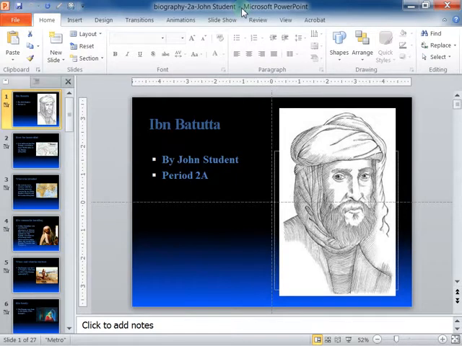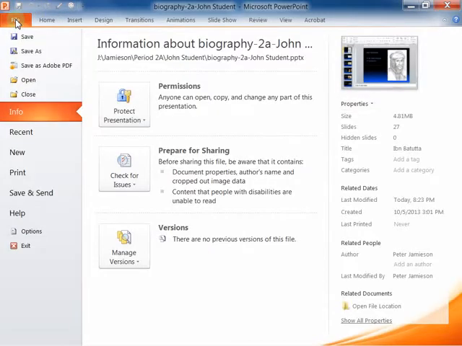Today's lesson is going to be on something you can do for extra credit. And because it's extra credit, I don't want you to save it in your biography file. I want you to save it as something separate. So the way you're going to do that is you're going to go over here to File and Save As,